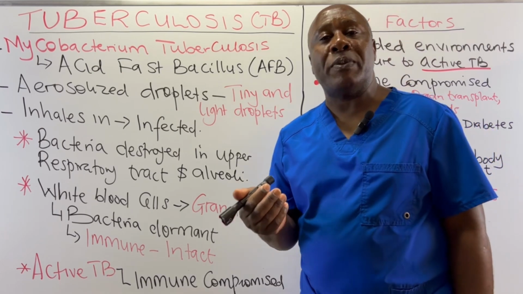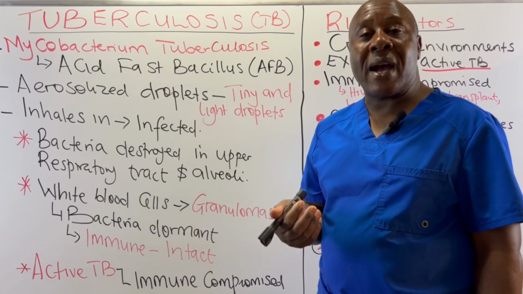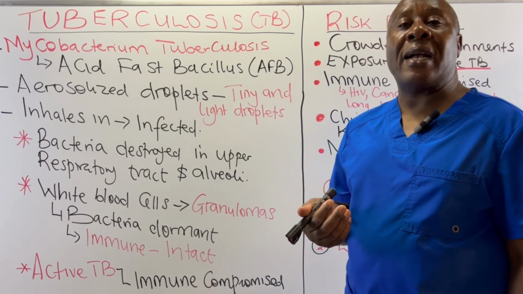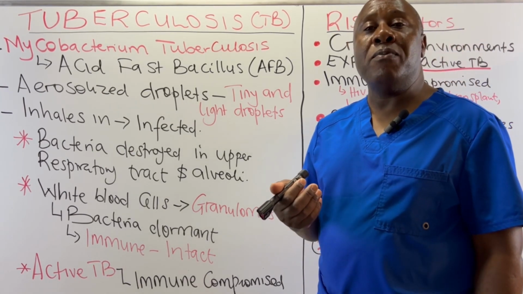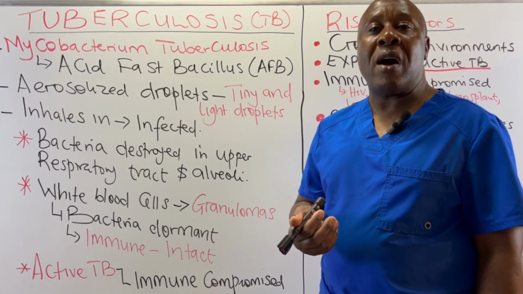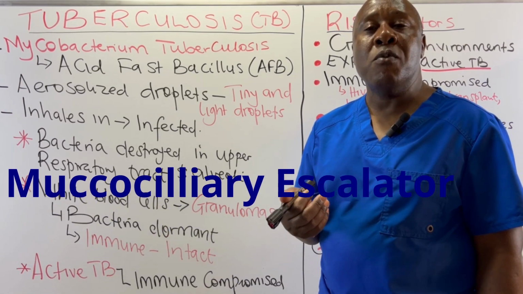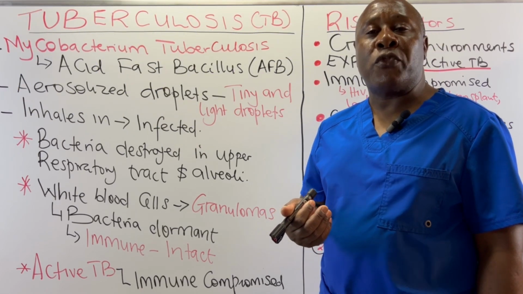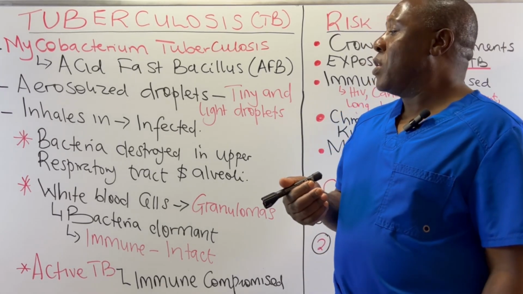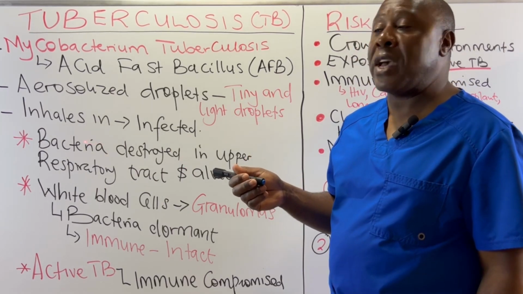Remember, when we were talking about the respiratory tract, we talked about defense mechanisms. There are a number of defense mechanisms in the upper respiratory tract that help us to fight against pathogens. For example, we have the mucous membranes that release mucus that traps these pathogens. We also have the cilia. The cilia normally initiates the mucociliary movement, which helps to move these particles from our respiratory tract towards the outside for expectoration. So when this bacteria enters into the respiratory tract, it could be destroyed by those defense mechanisms in